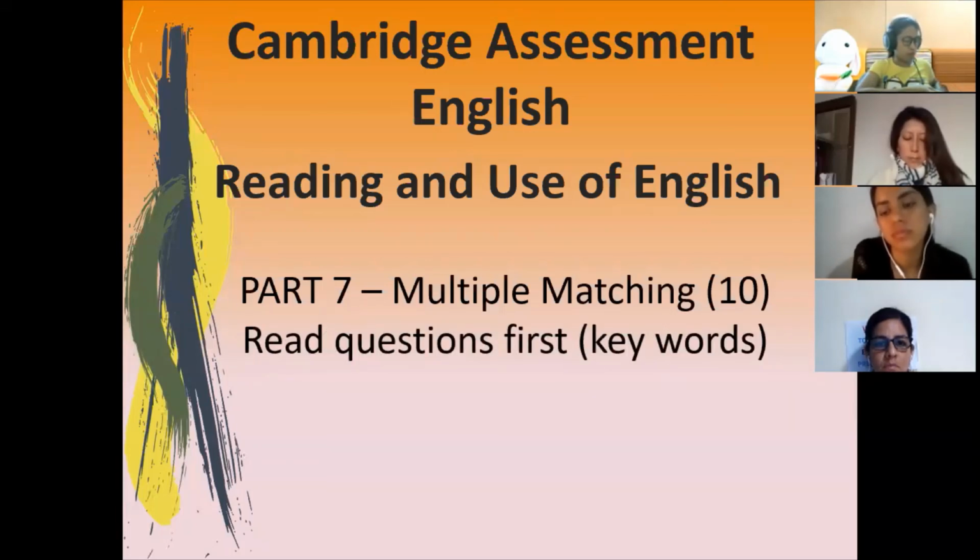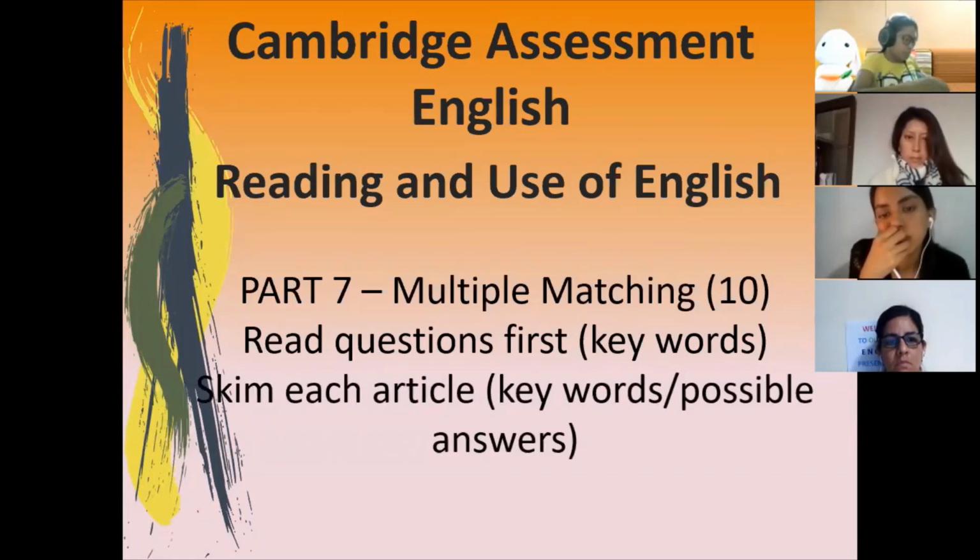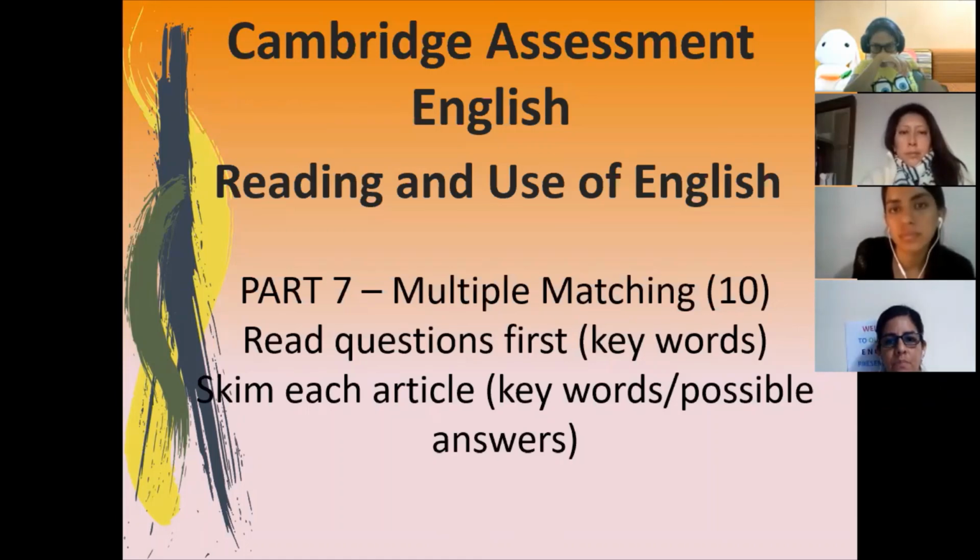or people. So the suggestions they have here, and in the test, you will actually have the questions first, or the choices first. Not as in the other cases, where you have the reading and then the choices or the questions. In this case, they will give you the choices first, because that's what they suggest that you do. Read the questions first, and then do the reading, and skim each article for the keywords and the possible answers. And you need to paraphrase,